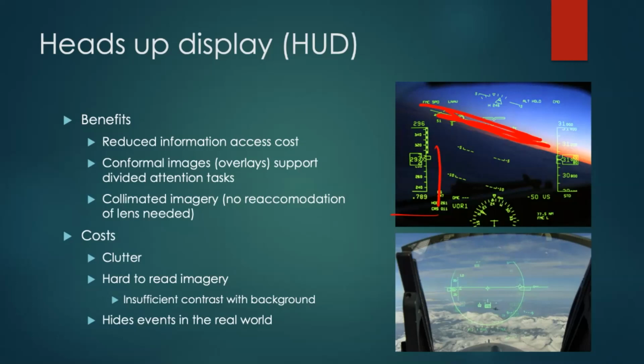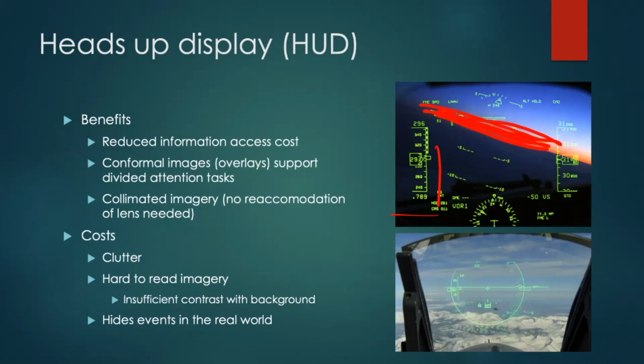All right. So really quickly, in summary, the benefits of a heads-up display is going to be that it reduces the information access cost in that it allows you to quickly look from thing to thing without having to move your head or eyes all that far. It allows for conformal images, right? And so you can present the horizon here, which is not going to be all that beneficial when it's clear sky, no clouds during the day, but at nighttime, that's going to present a real benefit, or in the clouds.